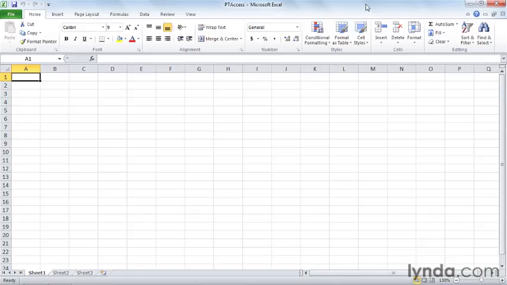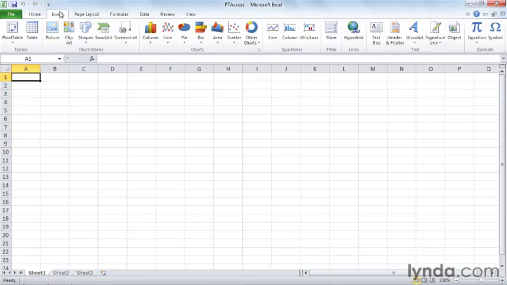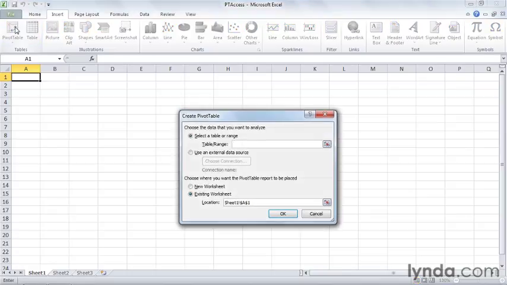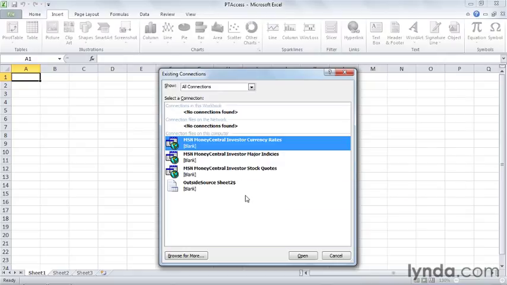To create the pivot table, first you click the Insert tab on the ribbon, and then click the Pivot Table button. Then, in the Create Pivot Table dialog box, select the Use an External Data Source option, and then click Choose Connection. The connection we want doesn't appear in the existing connections list, so we'll click Browse for More, and